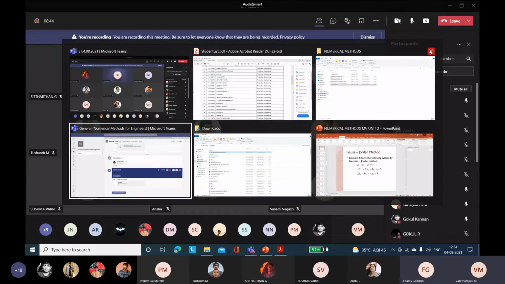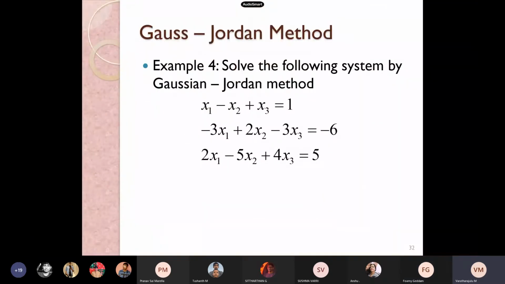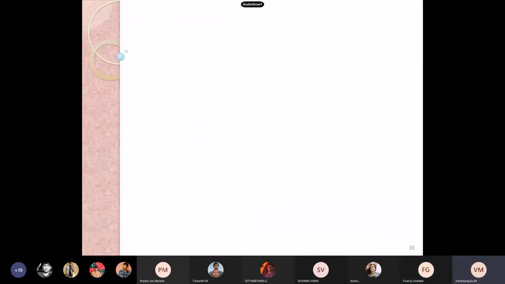Can you remind me of the things which we discussed in yesterday's class? It was audible and my slides are visible. Yes, sir. It's audible and the slides are visible, sir. Okay. Yes. Gauss elimination method. Yesterday we solved the Gauss elimination method. Yes, wait, just a minute.